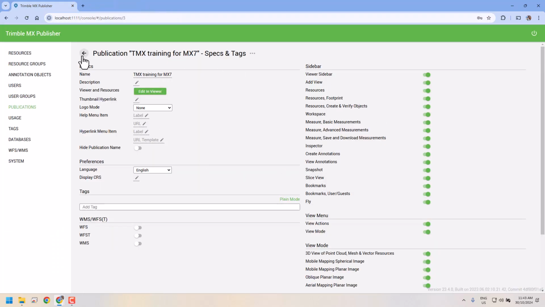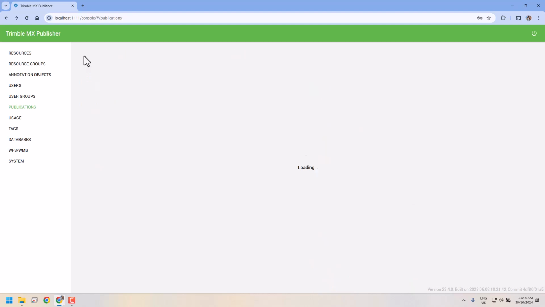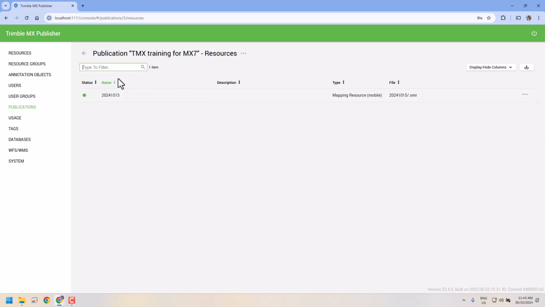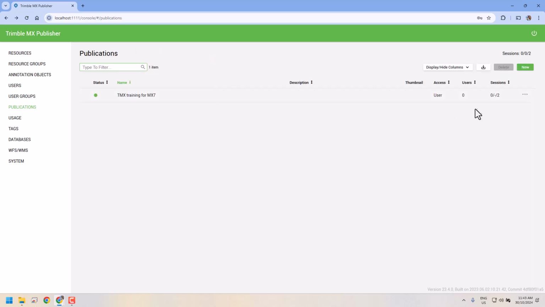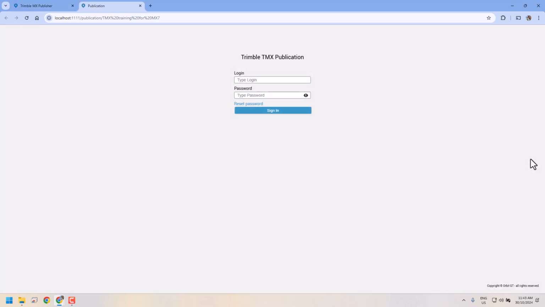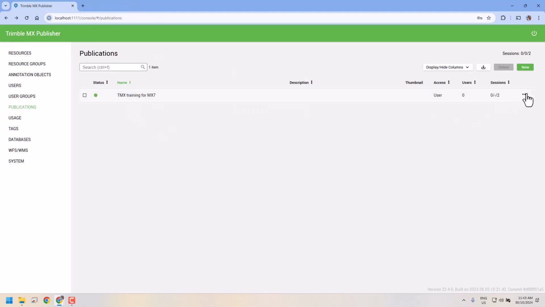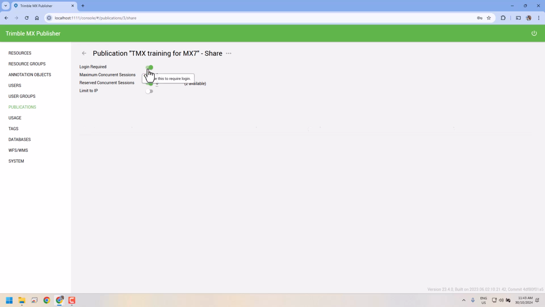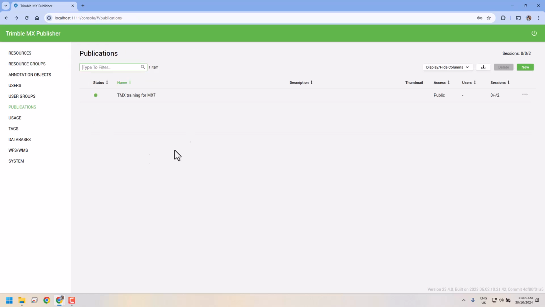We'll close out of that, and we'll come back to all of our publications here. If I click from here and say view resources, we could see any that are associated in there. Now, if I go to the actual launch, sign in, oh, not letting me in at the moment. Let's have a look at how we've configured this. So under the sharing, we've asked for a login to be required. I can just switch that off, and then if I come back to here and go to launch,